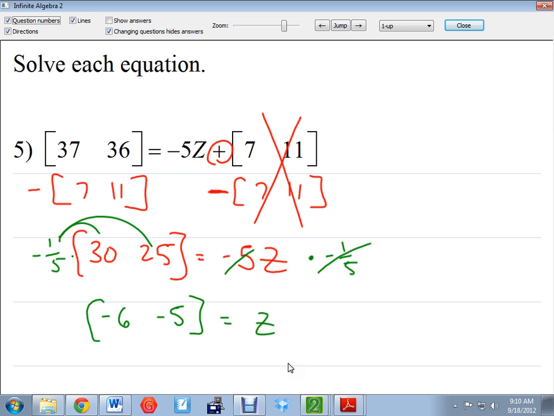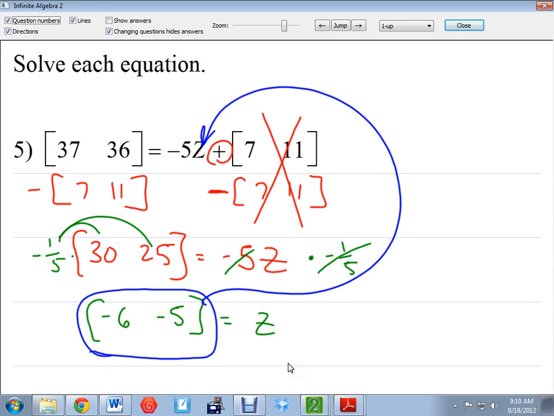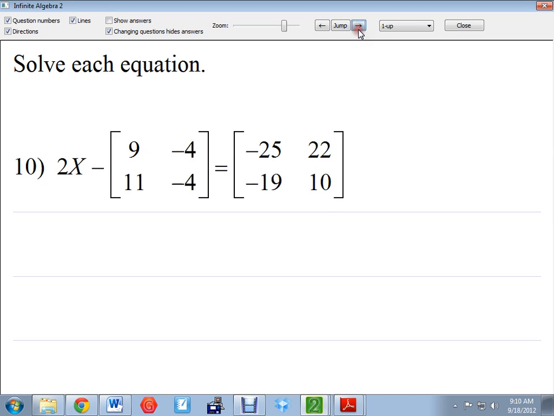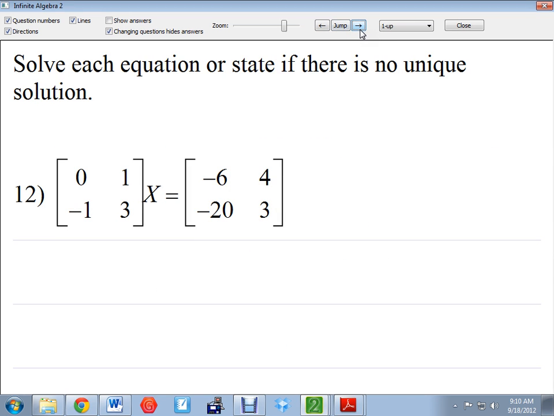And then we will be able to plug that back in to test if we wanted to. So we could take the negative 6, negative 5 matrix, plug it in where Z is, and then distribute the 5 and add the 711, and you will see that you get the 3736 matrix. I'm not going to go through all those steps with you because I have other examples that I want to do. So what we're going to do is jump ahead to a slightly more difficult style,